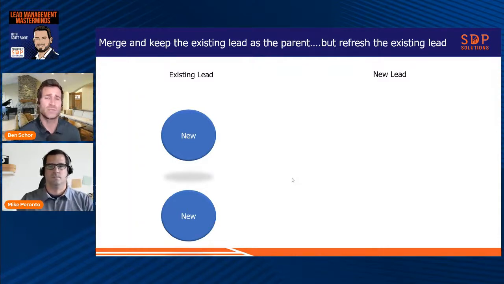But the idea of saying, look, when it matches an existing lead, what we want to do with it is very different based on whether the existing lead is in an application status, a contacted status, or an uncontacted status, or if it's more than X amount of days old, or if it's owned by different teams within our organization. You can have duplicate management do different things based on all that information. That's where I mentioned it can get complicated. You can do all of those things, but you better do them right. Otherwise, the system can act all kinds of wacky, which we'll get to in a little bit as well.